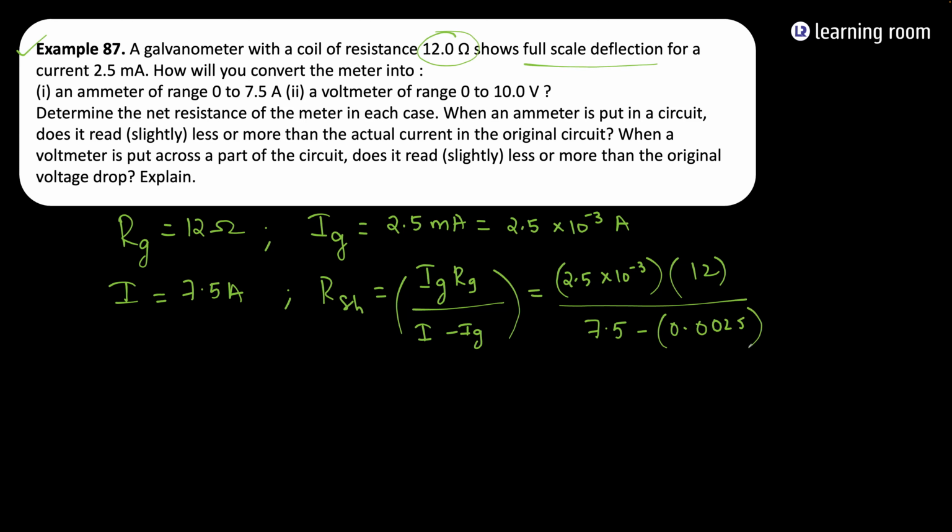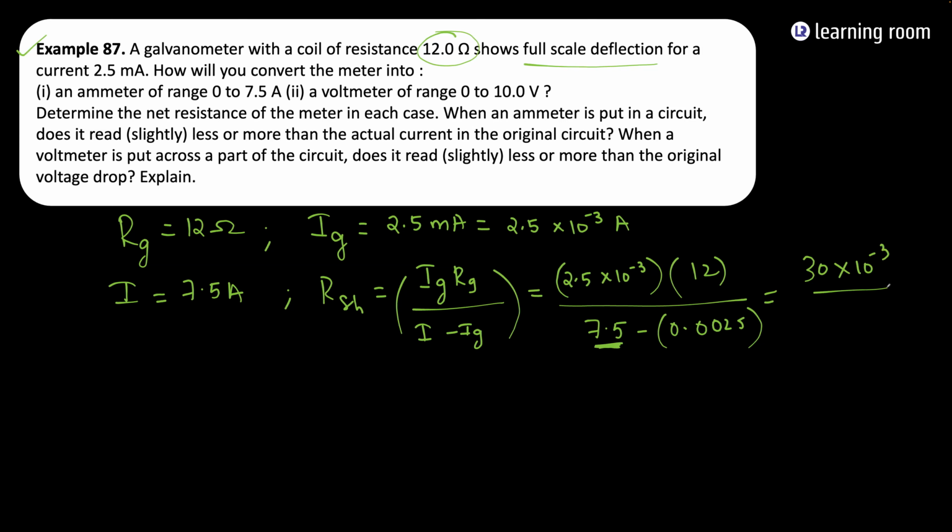Now observe, compared to 7.5, 0.0025 is a very small value. This is one such approximation we'll do in many problems. So 7.5 minus this can be approximated to 7.5 itself. So 12 into 2.5, 25 into 12 is 300, so it should be 30. So 30 into 10 power minus 3, the whole divided by